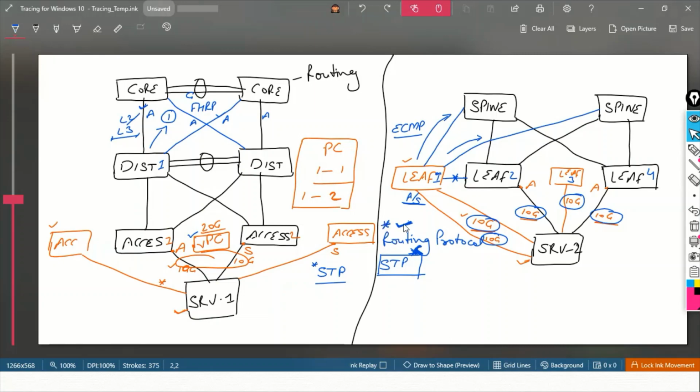So this routing protocol is running on top of STP and creates an environment so that we can get the maximum equal cost multipath available, right? So we can use multiple uplinks.